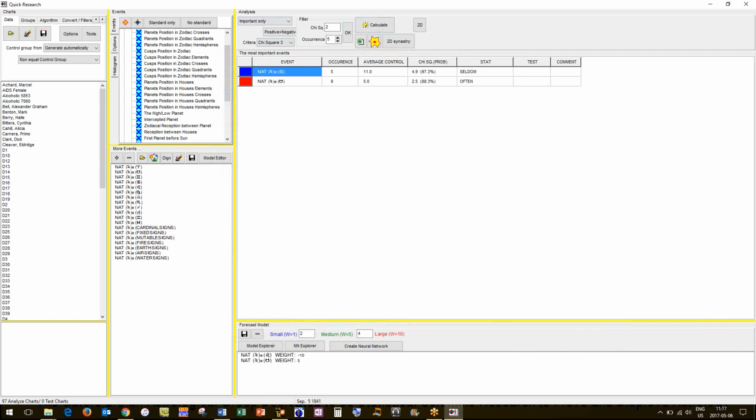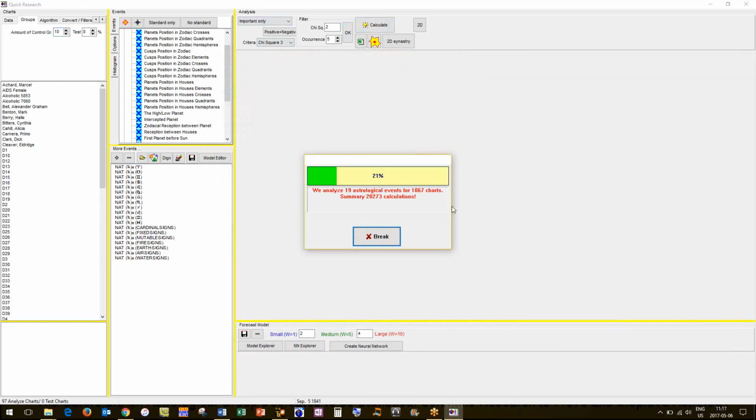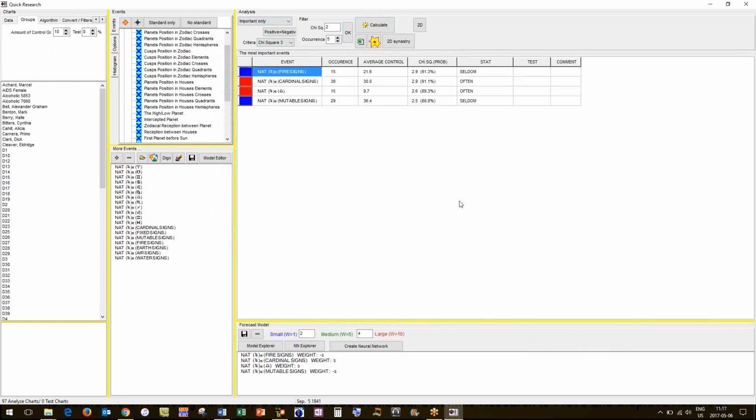So what comes up as important? Oh, that was pretty fast. I have a control group of 2. Yeah, well, this is actually a good time to show you this. So with the 2 control group, Jupiter in Leo comes up as a contributor, and Jupiter in Taurus comes up as often. So what happens if we set this control group to 10 and recalculate it? We get more. Now let's check it against 50.